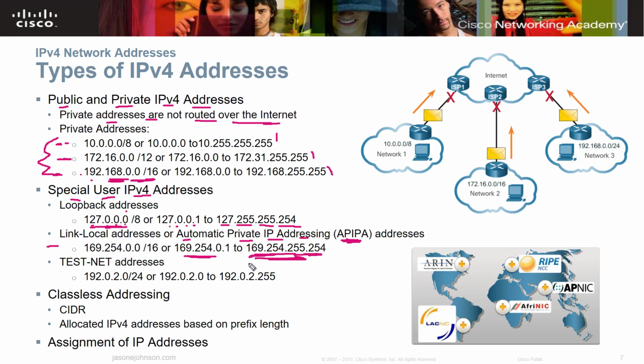So if you open up your IP address and you look at that and it's got this 169, or you ping your local and you say, hey, what's my IP address? And it's in the 169 range, you're going to know that your Windows machine automatically assigned that to you. Then you have your TEST-NET, which is 192.0.2.0 all the way up.